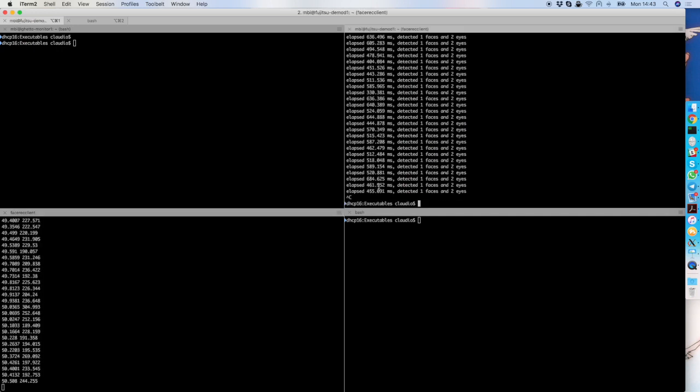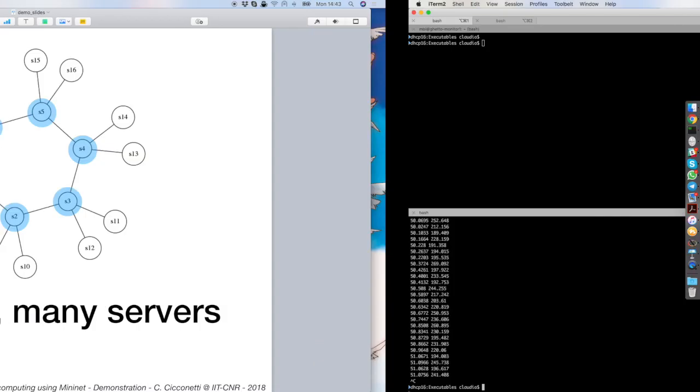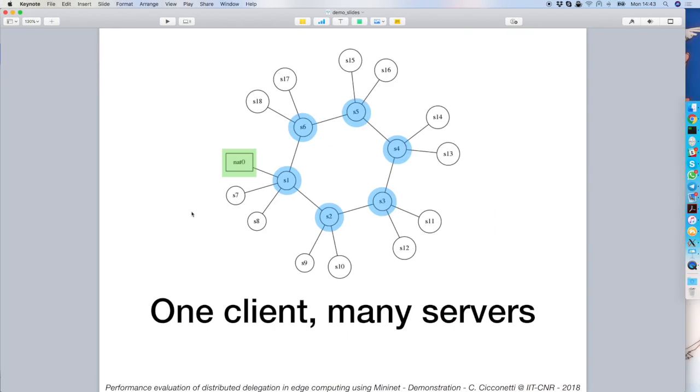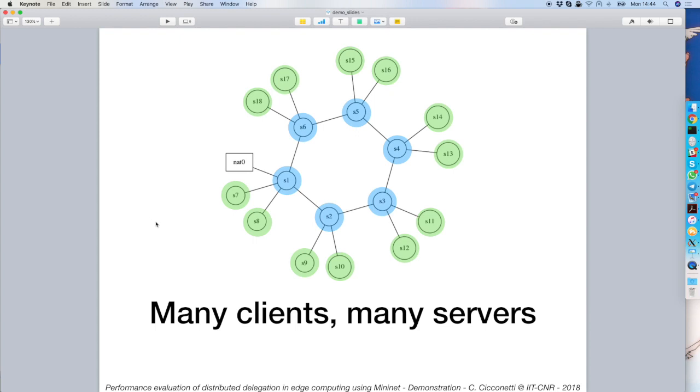Now, you might say, that's fine, but the performance evaluation so far requires human intervention because you have to start SSH tunnels, you have to start applications on a remote host. That's not very convenient if you want to have repeatable and automated experiments. That's right. And in fact, we now conclude with the final part of the demonstration